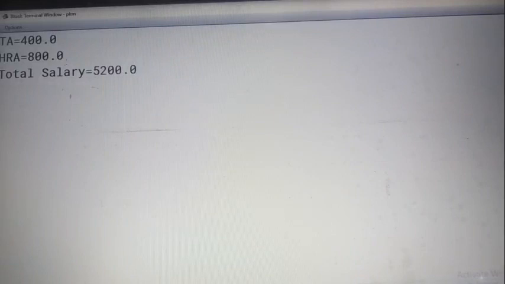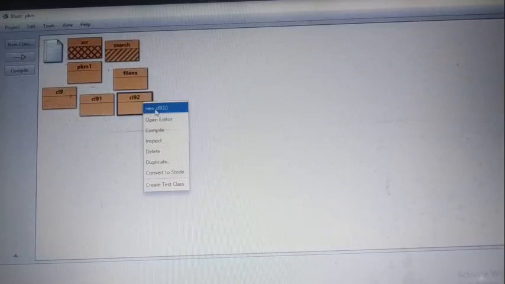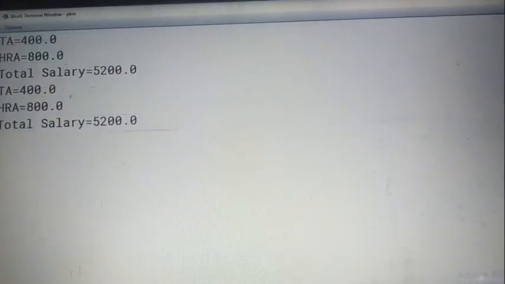Now one more thing, one very important thing that I want to tell. Suppose you are writing a program and you want to give this value while running the program, not at this time, because 4,000 is visible. So every time you execute the program, the result will be the same. See, I will show you. The same result, 5,200, will come every time.